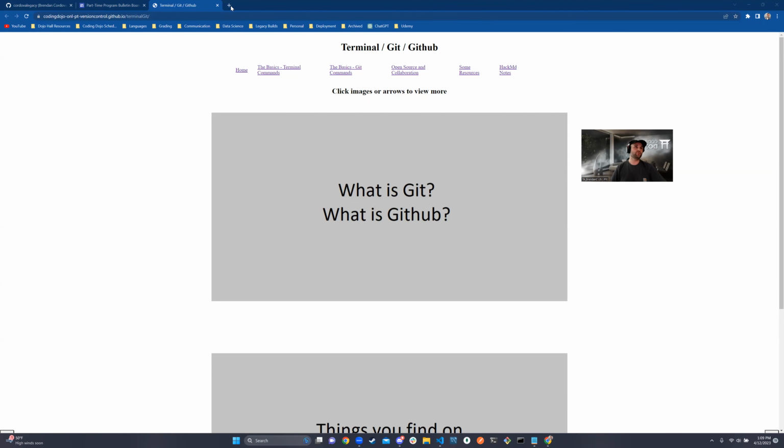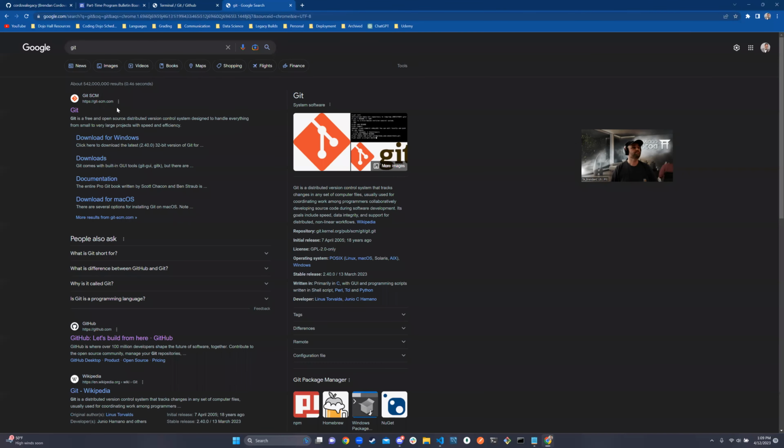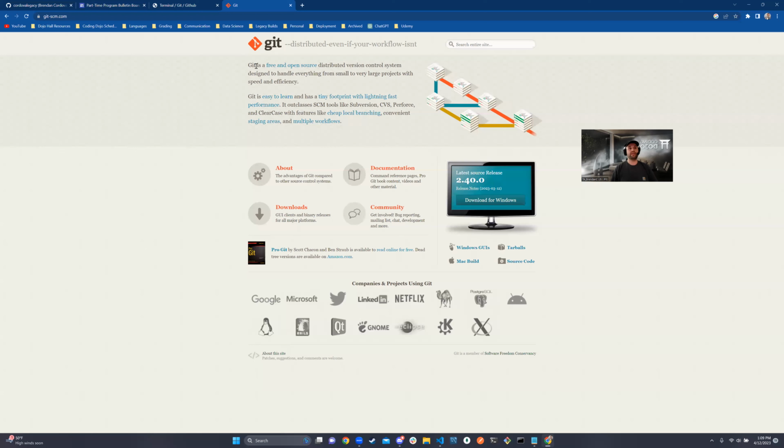So version control, if we were to go take a look at the Git website. Git is a free and open source distributed version control system. So there's that fancy word, right? What that means is it's designed to handle everything from small to large projects with speed and efficiency. So this allows us to essentially track our work, and it allows us to save our work. And when we combine it with GitHub, we can actually push our work up and save it in a cloud